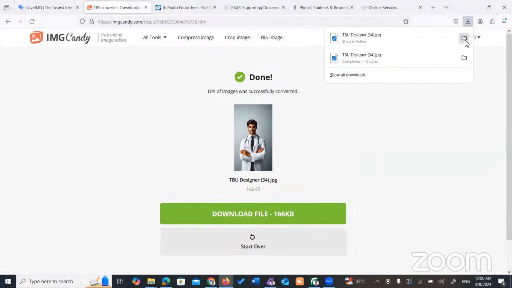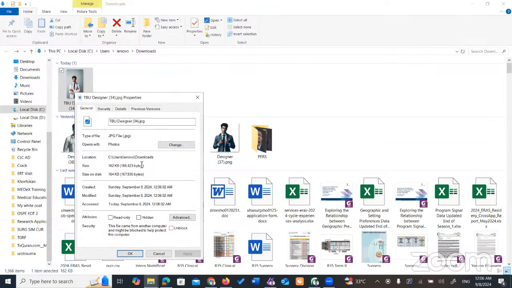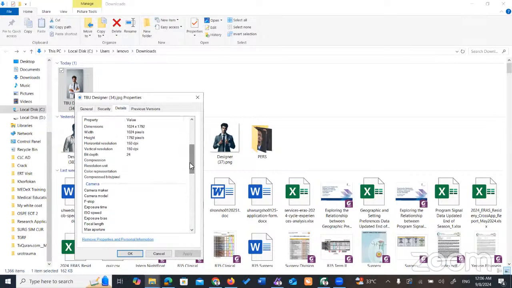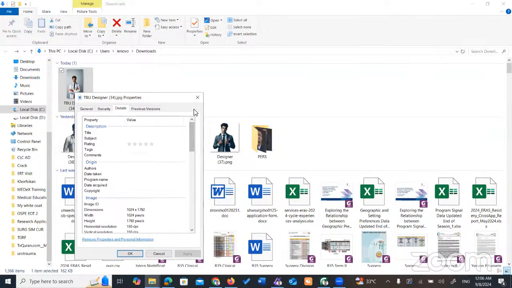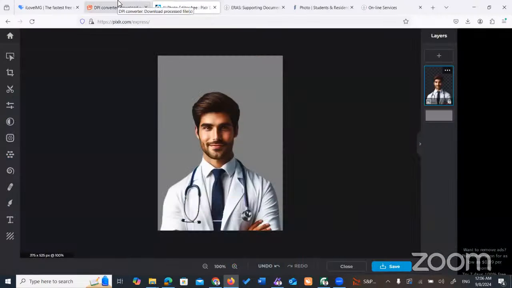So after you download your file, go check the properties. So you'll find it's 150 DPI, but it maintained the width and pixel quality and the dimensions of the original picture, because we didn't cut it, we didn't crop it, we didn't use any other tool. So this is the second website. You can do this first, and then you can use this second picture which you edited the DPI, and then transfer it into the AI photo editor,